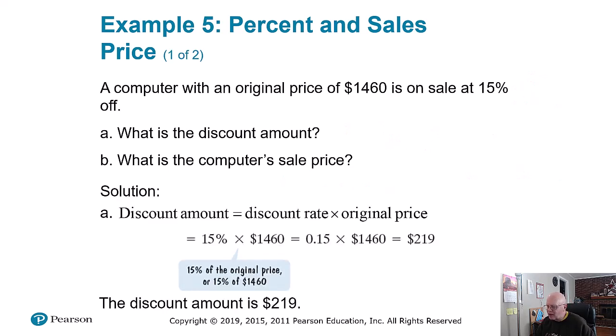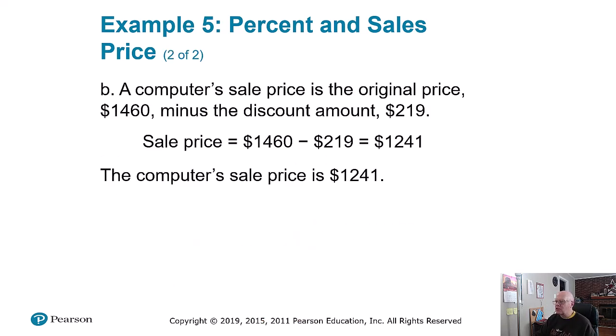So there's the discount amount calculation. Notice we took the 15%, changed it to something the calculator or our own work will accept more easily. Multiply times the original price, very important. And this is how much is being taken off in the form of a discount. The discount amount, $219. That's how much we don't have to pay on the original price. So how much does it actually cost when we go in and buy? Well, there's the original price minus the discount, and there's how much we pay.